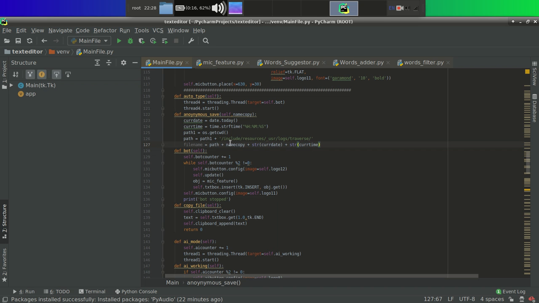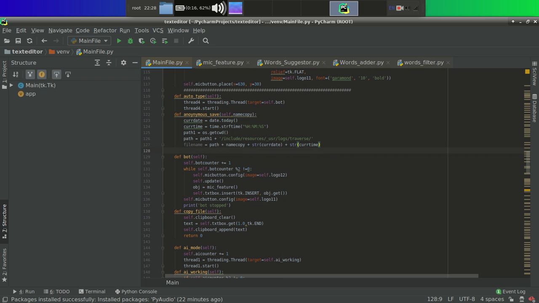If we are saving that, then first the actual save will occur, and from that save we will copy the name of the file and put it over here. So overall this name copy will contain the name of the file only, nothing else. The actual name along with date and then time. This is the address of the file.